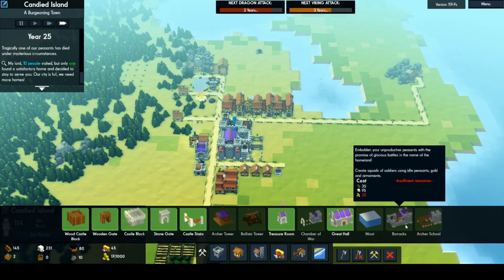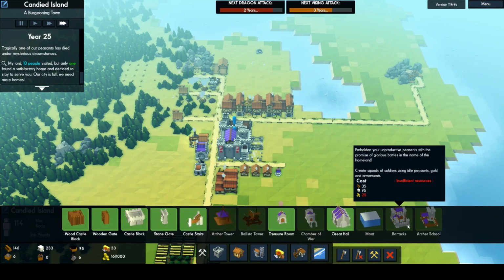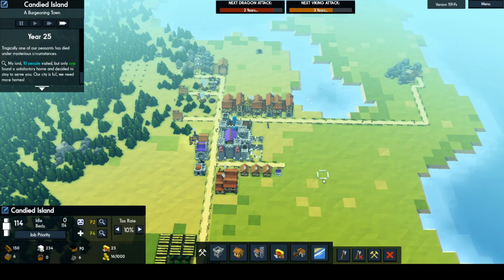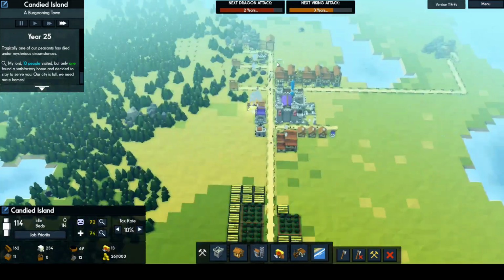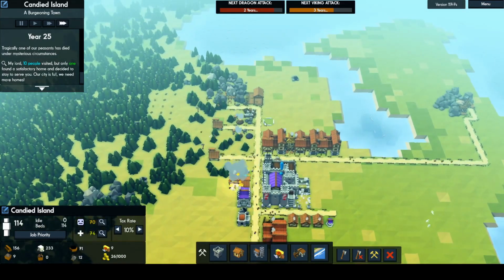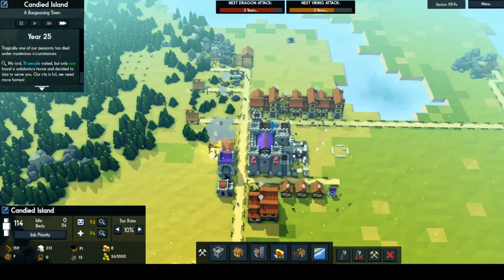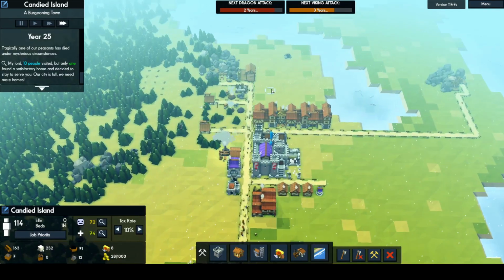So the next thing that we're going to build is our barracks. Luckily it only costs 25 gold, so that should not be a problem. Because we got a Viking attack in 3 years and a dragon attack in 2 years. I'm mostly concerned about the Vikings, though. There's not much you can do against the dragons until you get an archer school and spam out like 20 different archers. So...